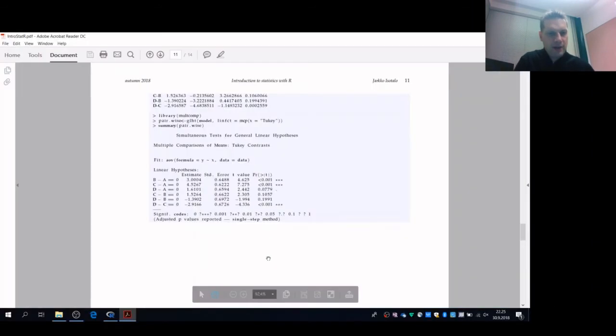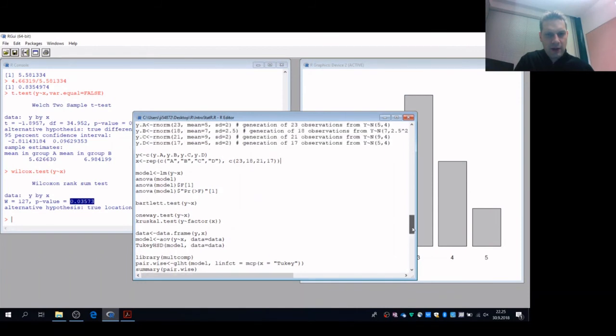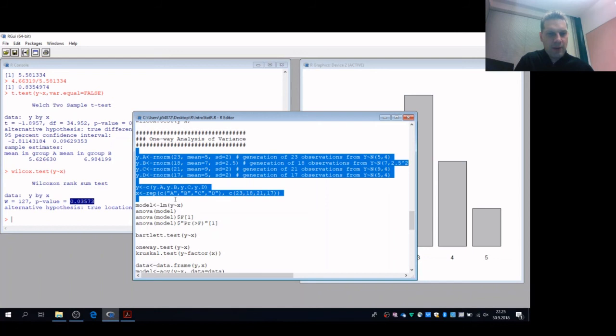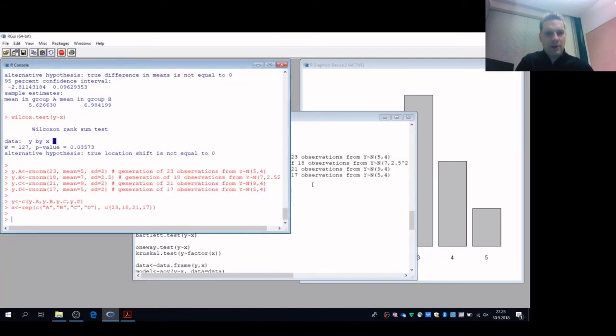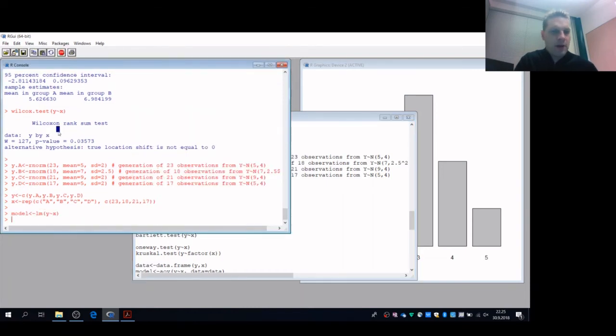So we can actually now go and look at the code in more detail. If we go here, this time around we are again generating a different type of data compared to what was in the example code. So our result now could be different. First we do this by using the lm function, which is a really powerful function in R to do this sort of analysis of variance, a type of linear model,